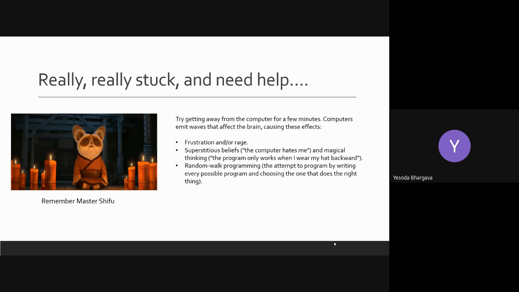Most of the time, when you have tried everything that you wanted to fix your code and it's still not working, it's time to get away from your computer for some time so that you can lighten up your mind. And sometimes in my life also I've noticed that when I am really at a deadlock and dead end and not able to understand how to fix a problem, or even not able to identify an opening in the research problem, sometimes I just go for a walk and then try to think over that problem so that I have a fresh mind to come back to the problem. So sometimes taking a distance really helps.